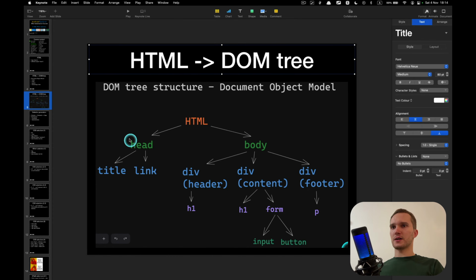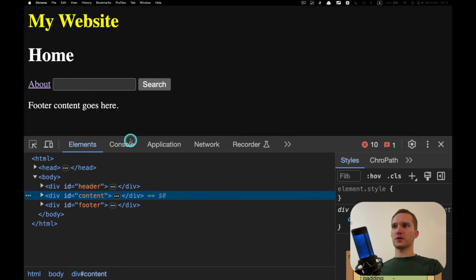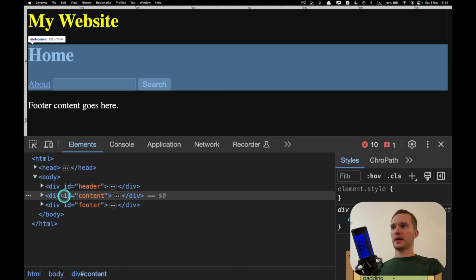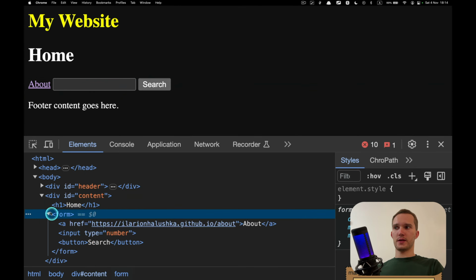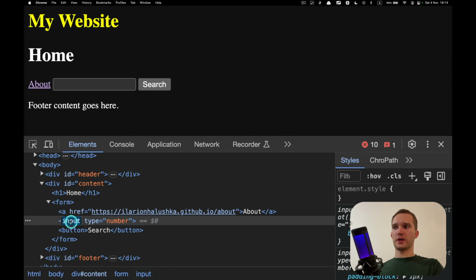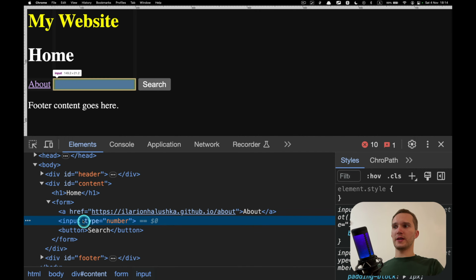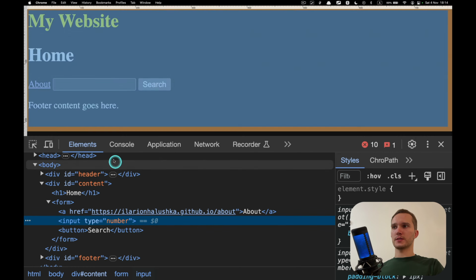So selectors are kind of identifiers of each element on the page. Each element on the page, as I said, has its own tag and attribute. So here we have the tag input and we have the attribute type number, right?